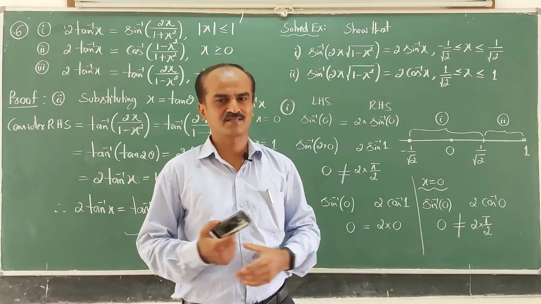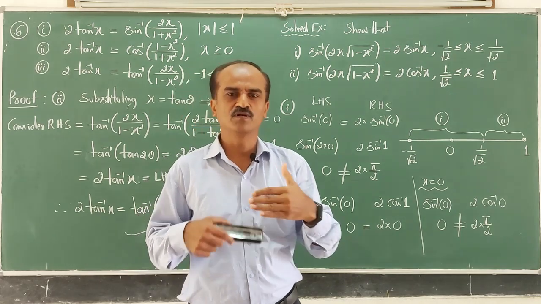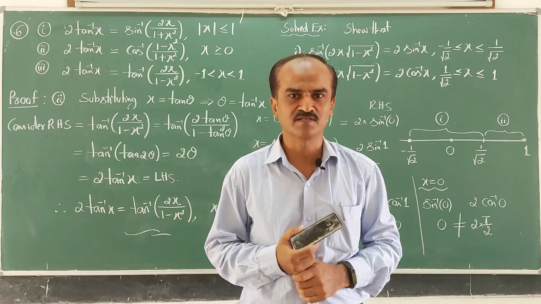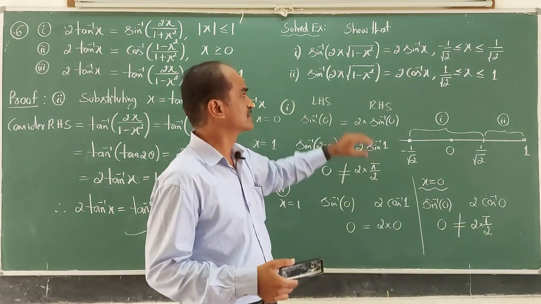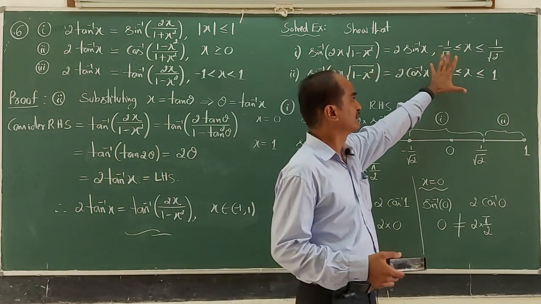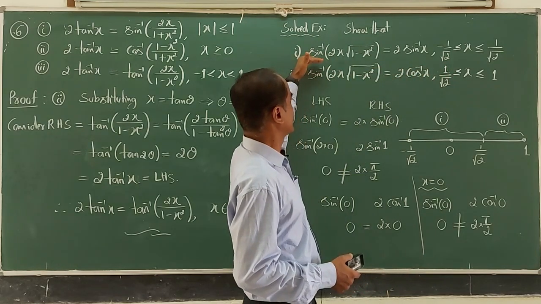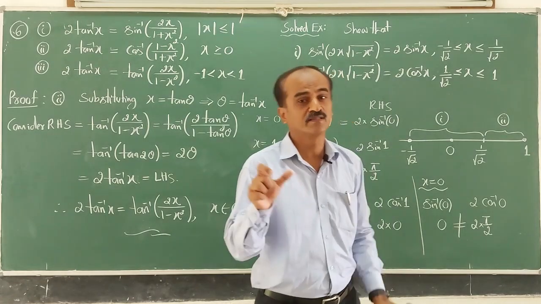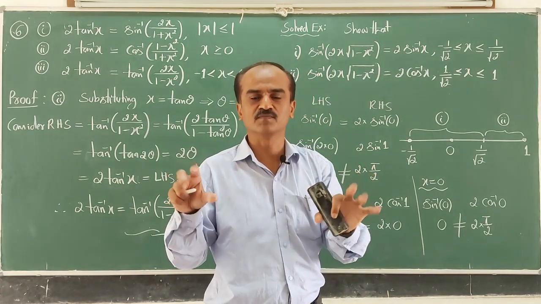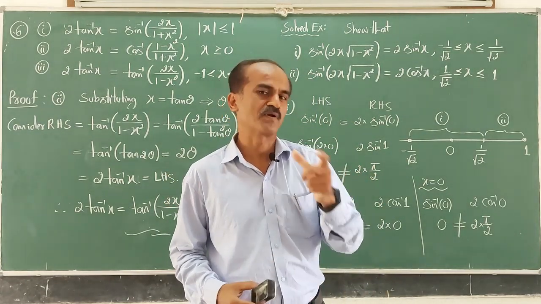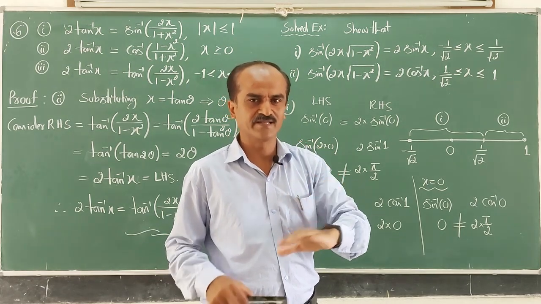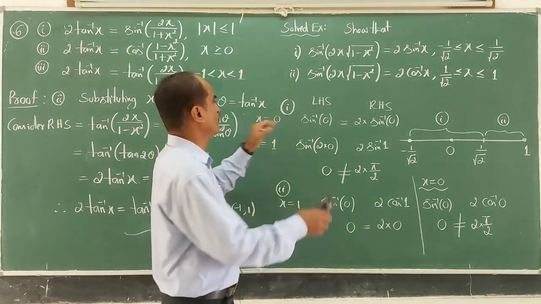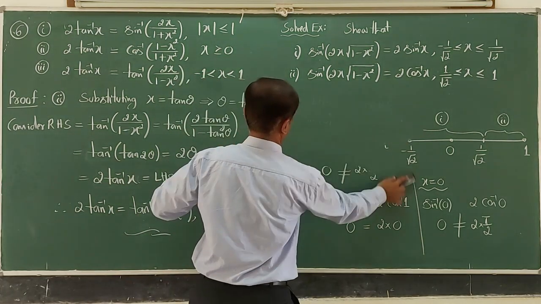Why I discussed this is because when you go to competitive examinations, particularly higher competitive examinations, definitely the results will not be like this. They will not be given the range. They will be given sin inverse of 2x into root 1 minus x square equal to 2 sin inverse x, and ask what the range of x is. 4 different options will be there. Then we have to choose the appropriate one. So with that idea, now I have given the complete details of this. Okay, now we will move on to proving these results.